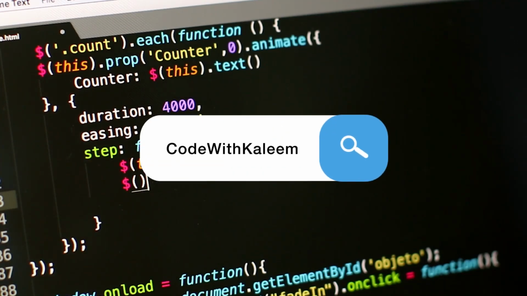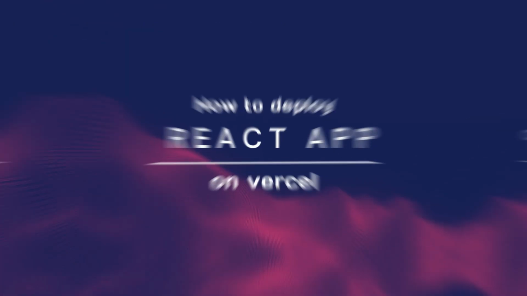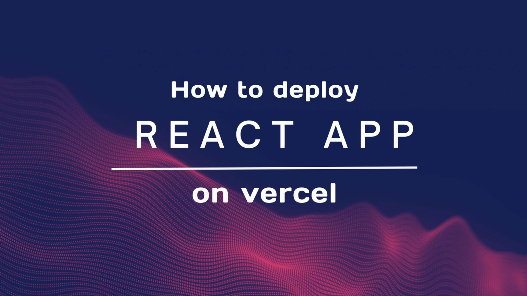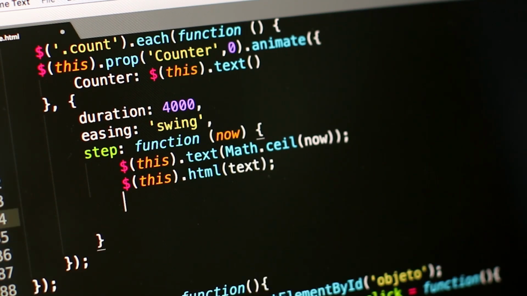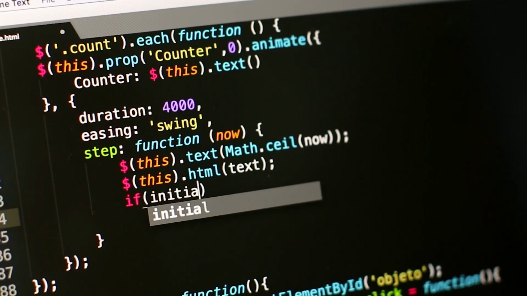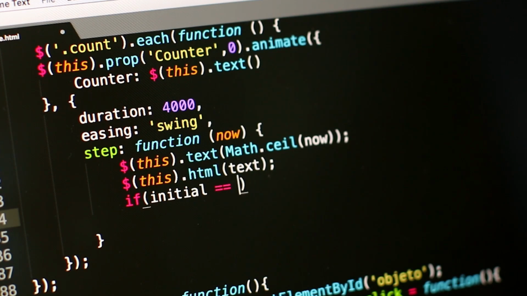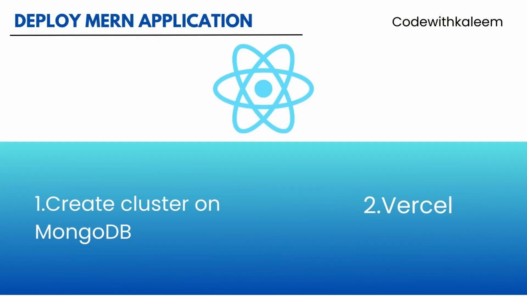In today's video, we will explore a fascinating and informative topic: deploying your React application, both front end and back end, on free hosting servers, along with configuring environment variables and connecting to MongoDB. I will give you step-by-step instructions to deploy your React application. For that, we will first create a cluster on